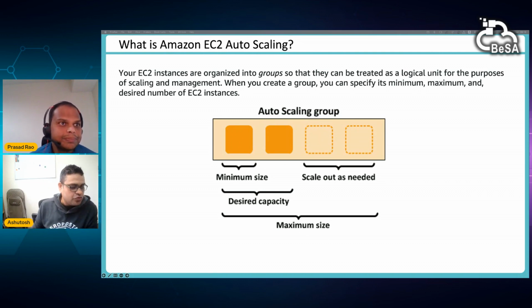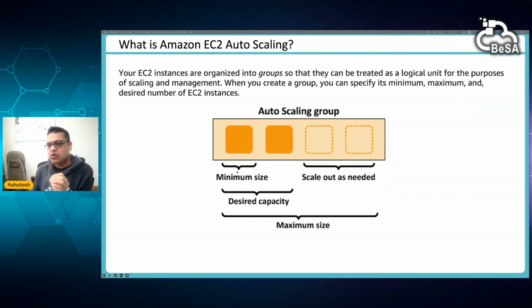Yes. So see, minimum is you need to have this many instances to make your auto scaling group work. Otherwise, the auto scaling group will terminate. In essence, if you do not have the minimum number of instances, then your application will not work, right? Let's take one example.